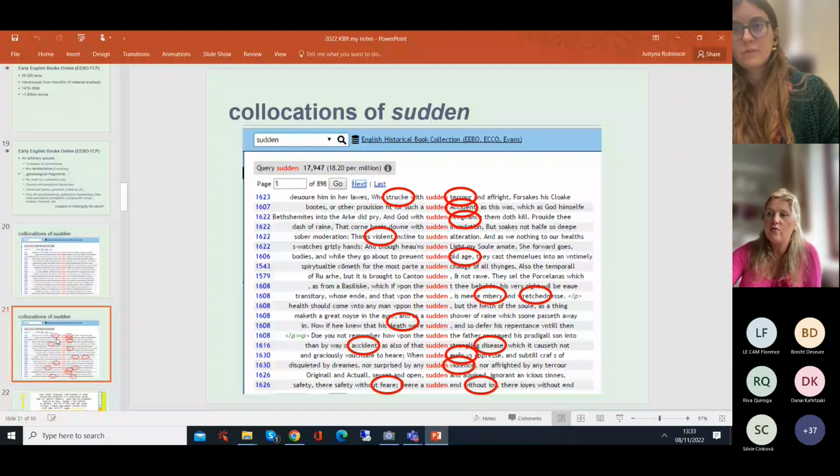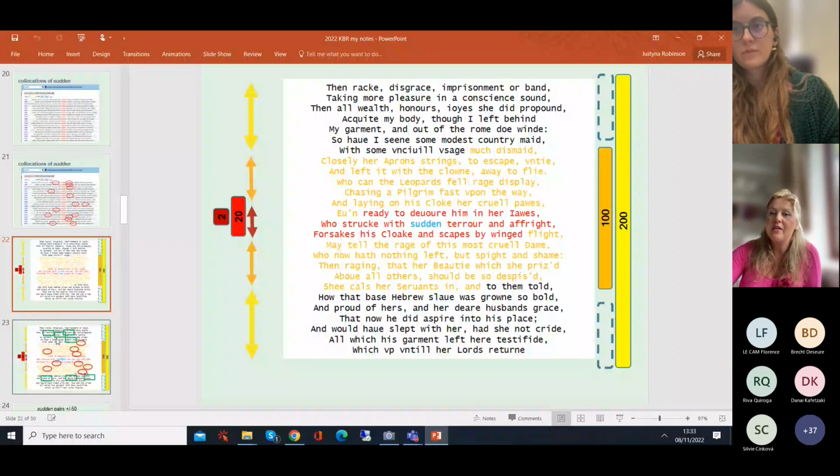Well, that's what I want to show you, what we've done. So I'm picking up here a text rather than a concordance, because in Linguistic DNA we're starting from a text. And this text has different window sizes highlighted, color-coded. So the immediate, in a way, sentence window of 10 words is in red around "sudden." Then the larger window, plus minus 50 words, in orange-yellow, and then the larger window in